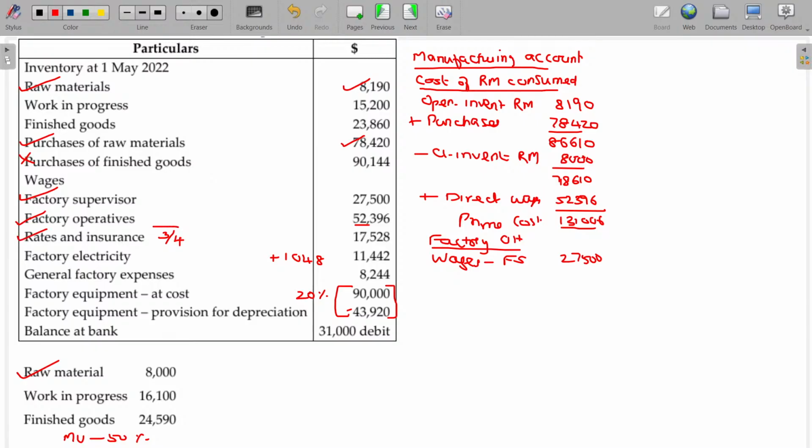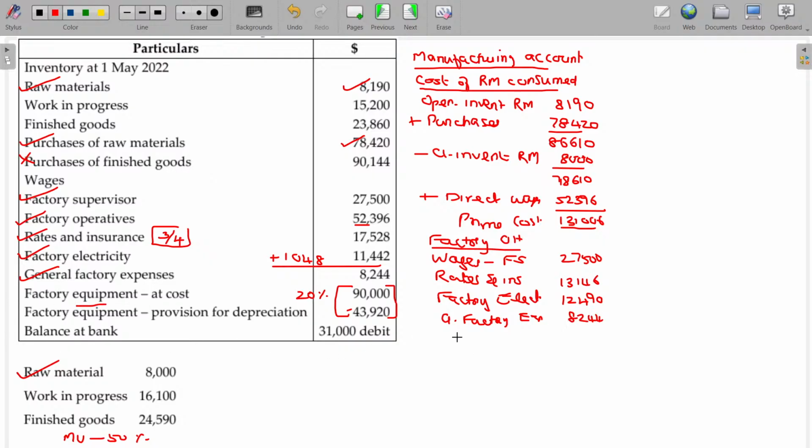Rates and insurance on the 3/4 will be taken here. Rates and insurance, 3/4 on 17,528, 13,146. Factory electricity, you have to add this outstanding also with that, then the value being 12,490. General factory expenses 8,244,